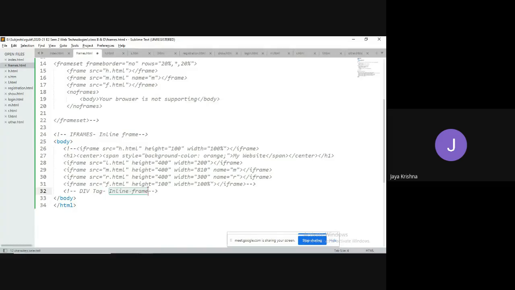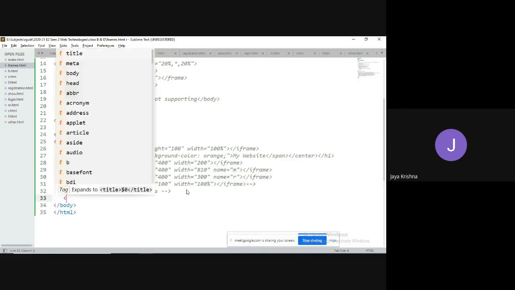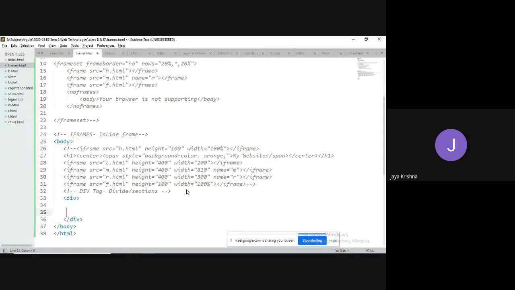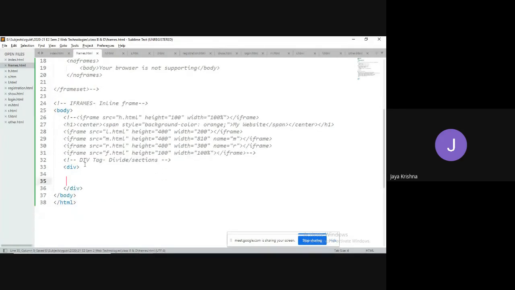This div tag is meant to divide a web page into multiple parts, to make sections of an HTML document. Div means division of an HTML document into multiple parts, or we can simply say that we need to make n number of sections of a particular web page. That is where we use the div tag. The div tag looks like this structure. It is a paired tag, meaning it has an open tag as well as a closed tag.